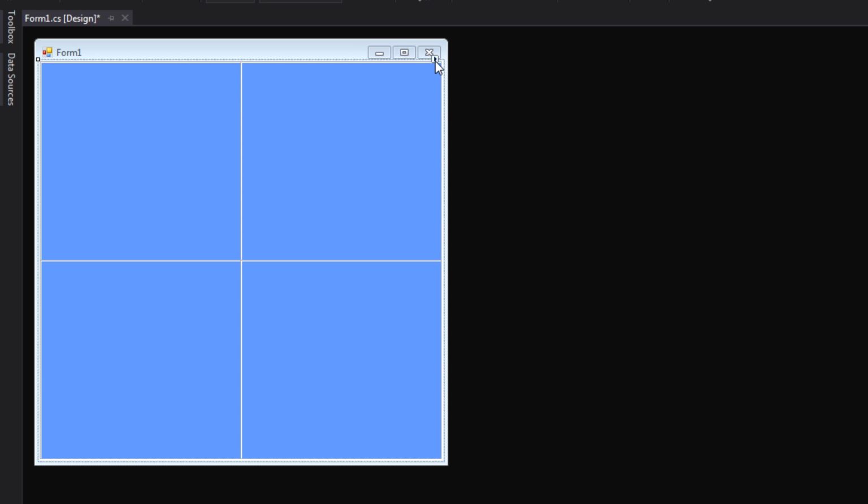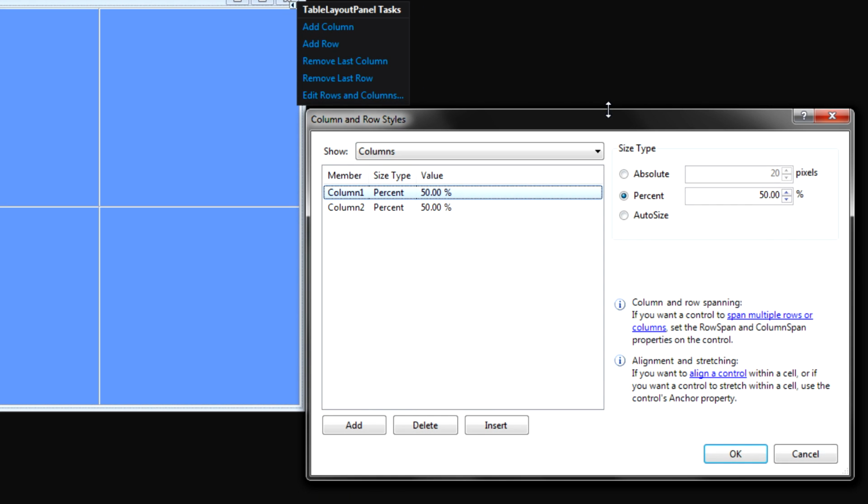Let's go back over here to the form view, and if you see this little arrow right here at the very top right, I'm going to press that, and this lets us do some more things with the table layout panel. I'm going to press edit rows and columns, and what I would like to do is add 2 more rows and 2 more columns into our table. Okay, so see right now we're in the columns view, but there's also the rows view. Let's go ahead and press add 2 times,